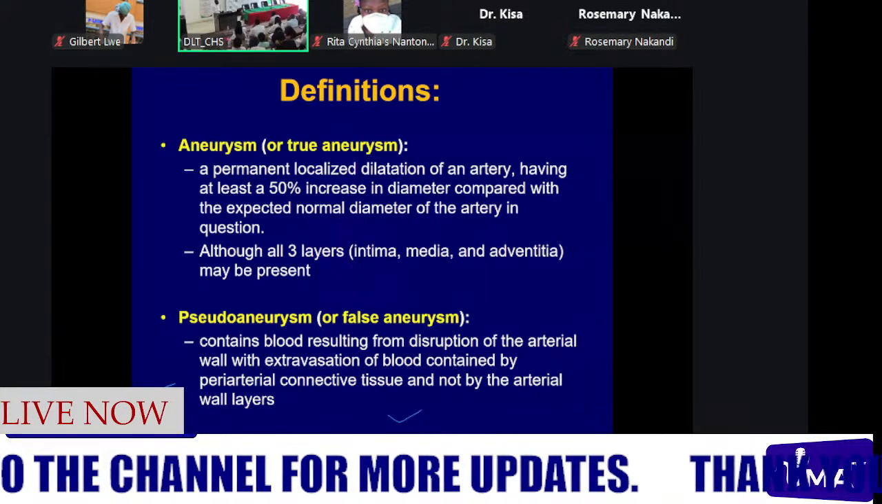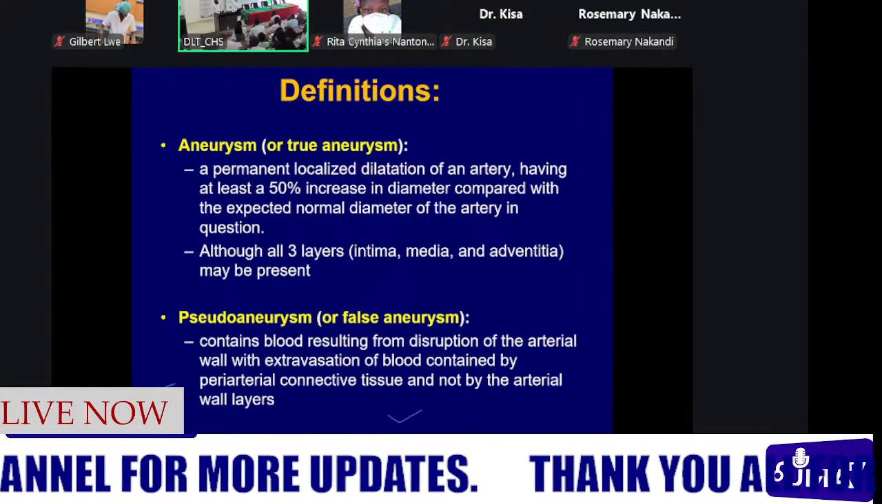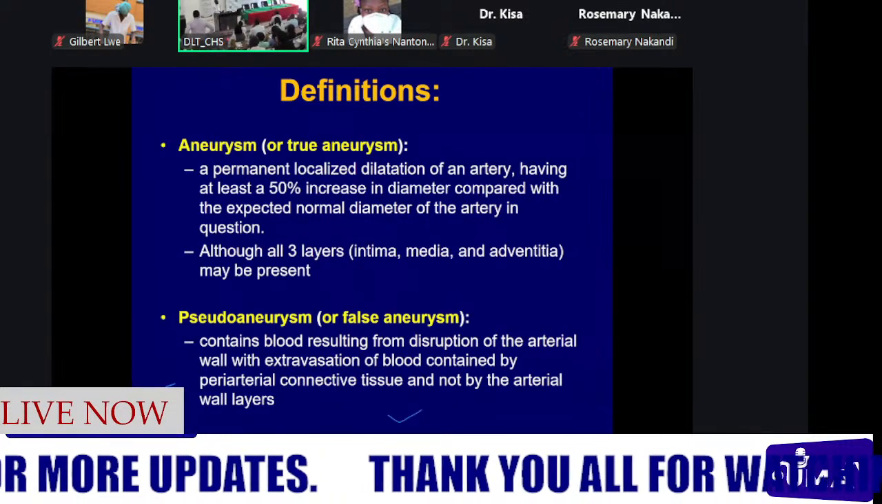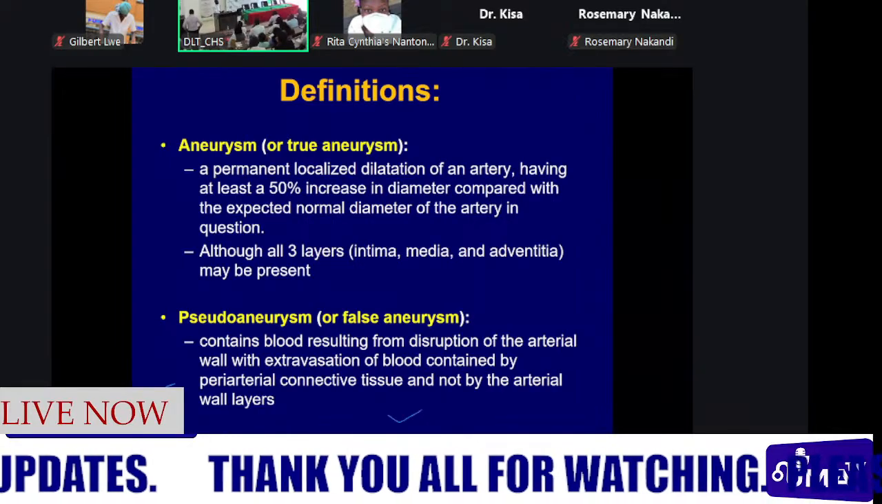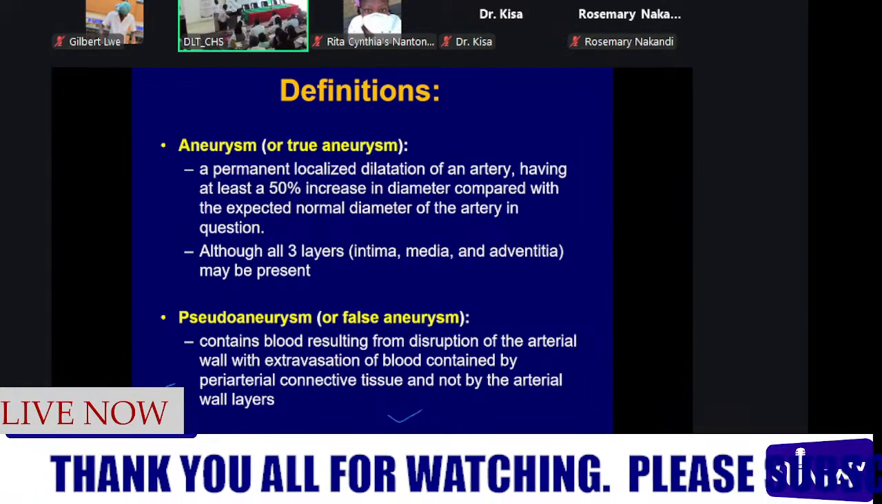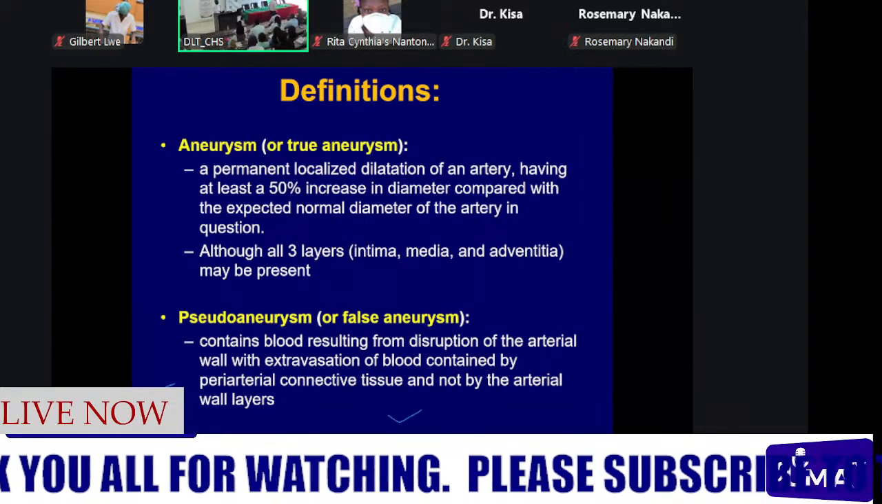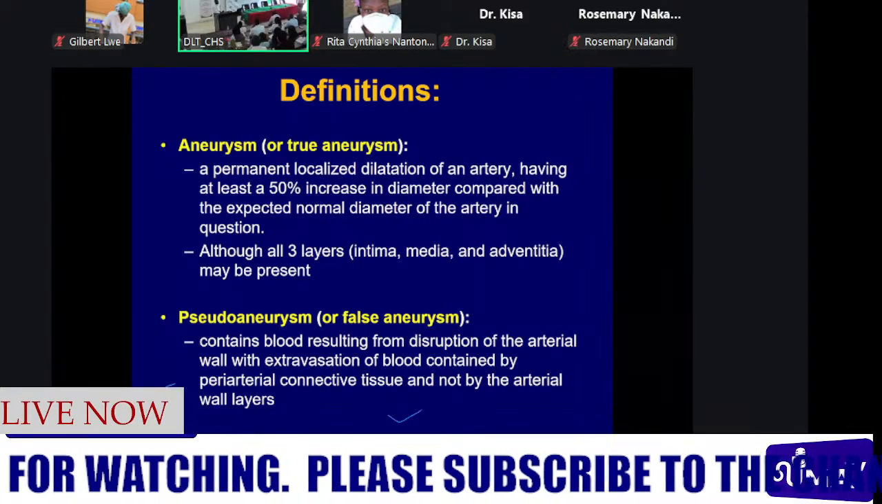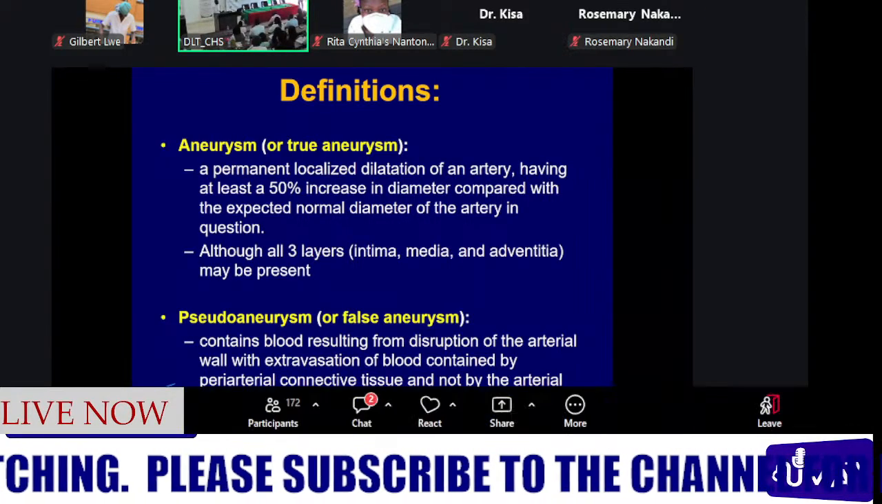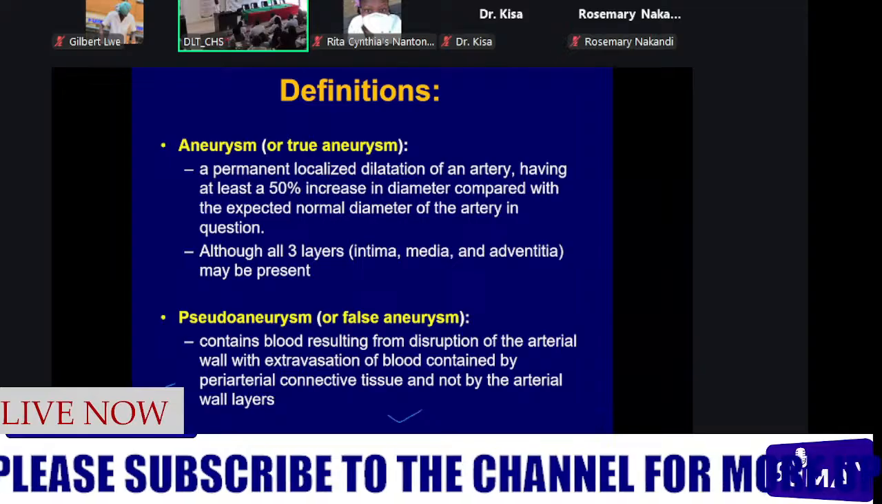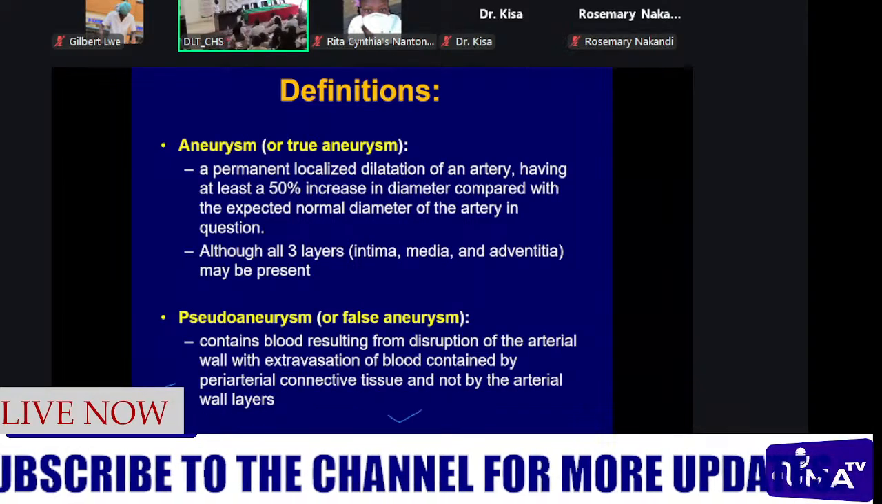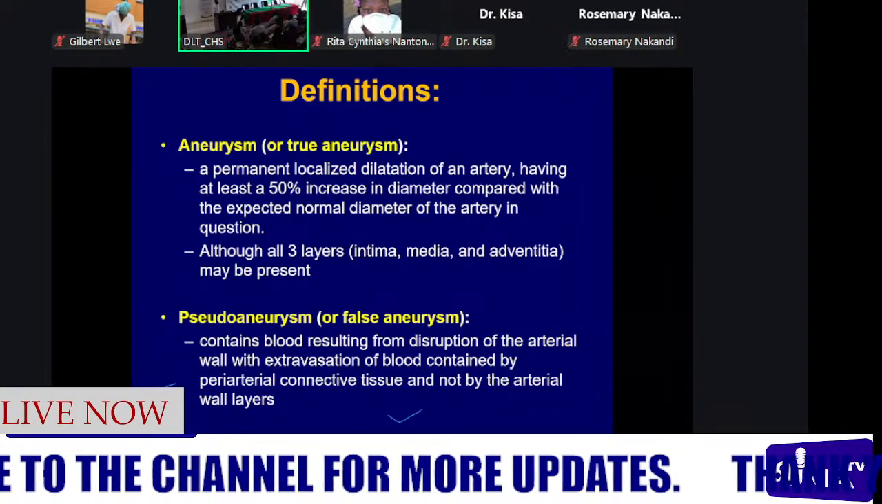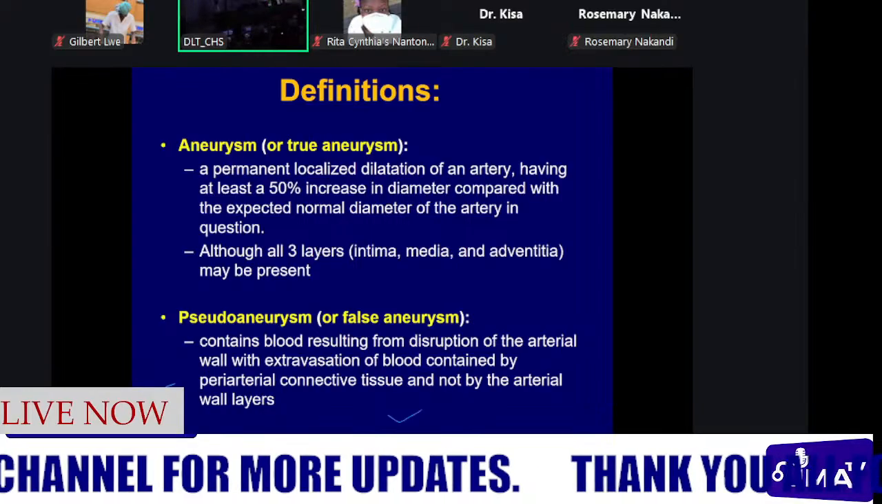Just about the definitions, I remember the presenters talking about ectasia, aneurysm, normal. So what does that mean? When we talk of an aneurysm, or a true aneurysm, it is where you have a permanent localized dilatation of an artery. The dilatation should be more than 50% of the